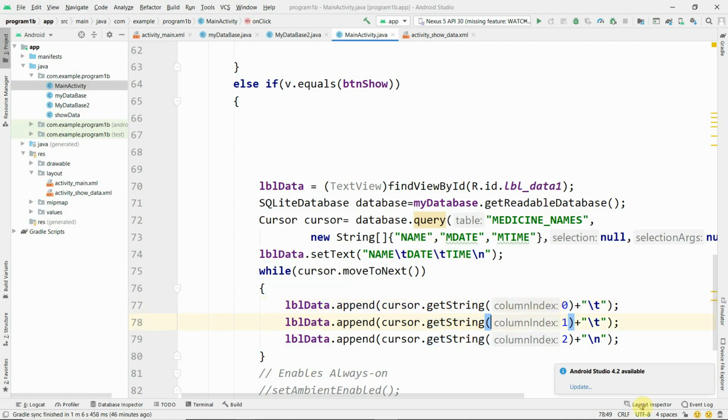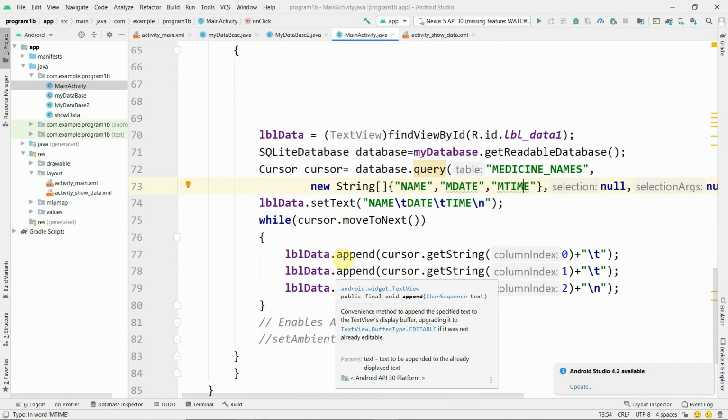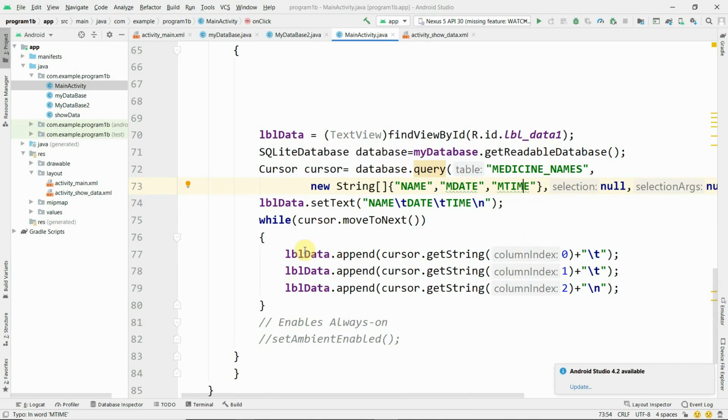Cursor.getString with column index 1 is nothing but date. Cursor.getString with column index 2 is nothing but time. And these all three records are appended to lbl data. All records whatever there are in the database are appended to lbl data.